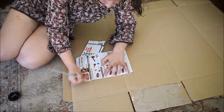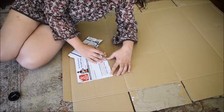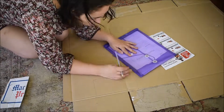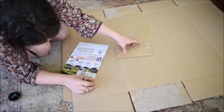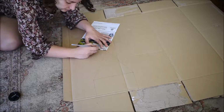Then, using a piece of paper, but if you're fancy-pantsy and rich, you can use a ruler, I measured from the middle of the base and determined the length of the hideaway. And then I turned it into a triangle. Oh my lord! The next stage was to make the sides of the cheese,